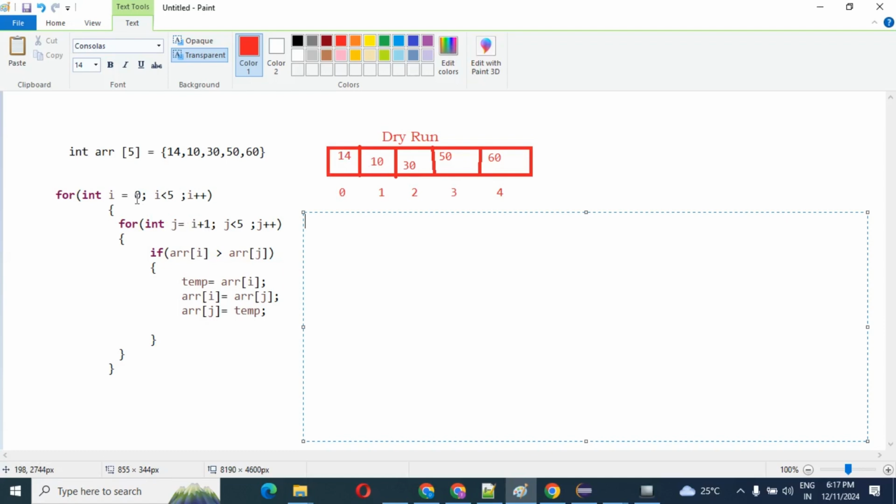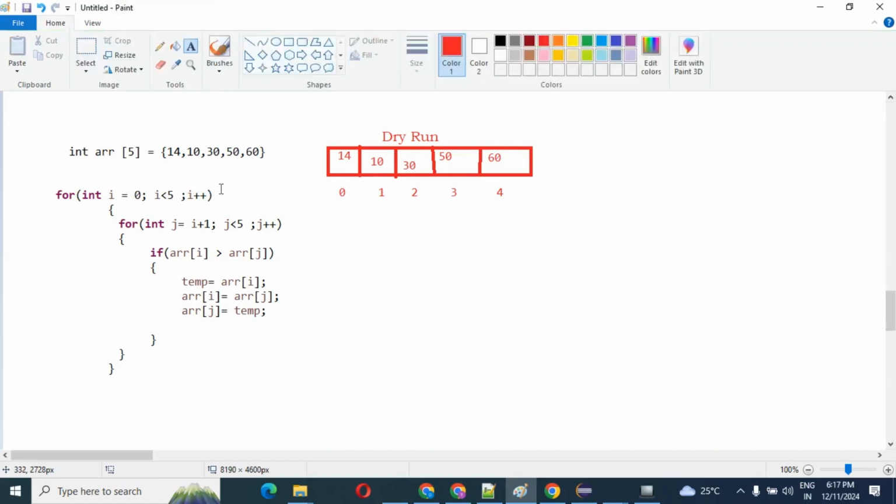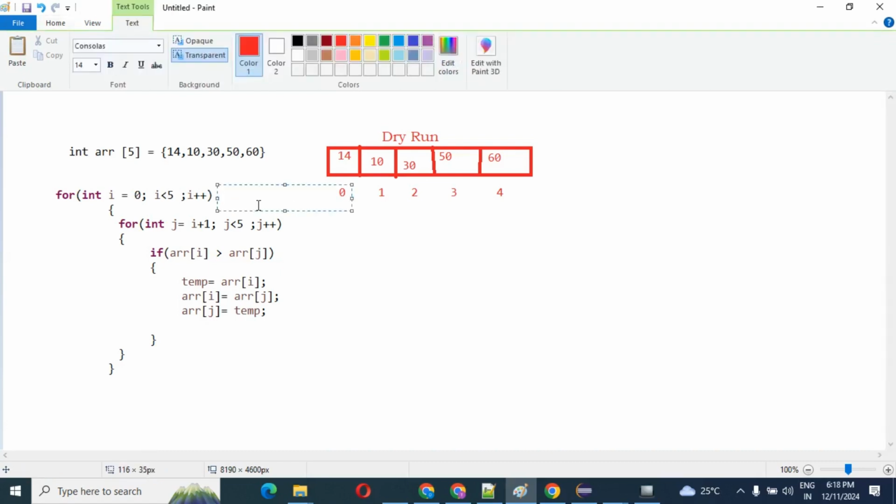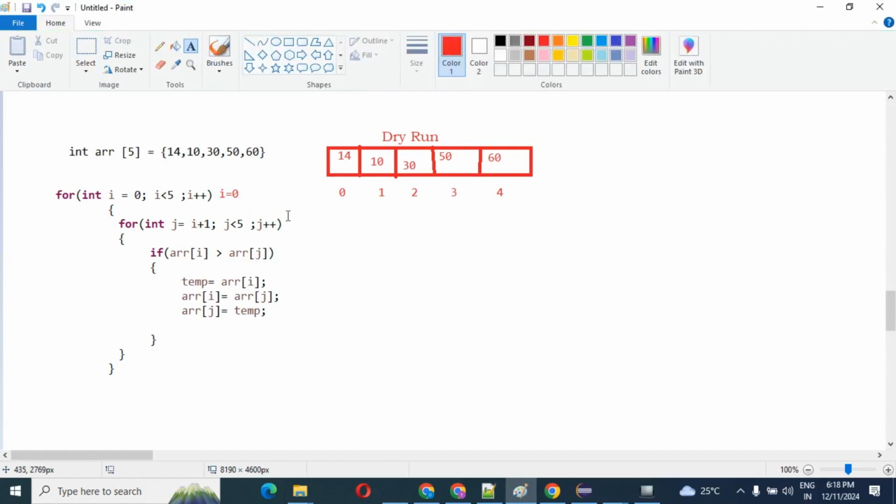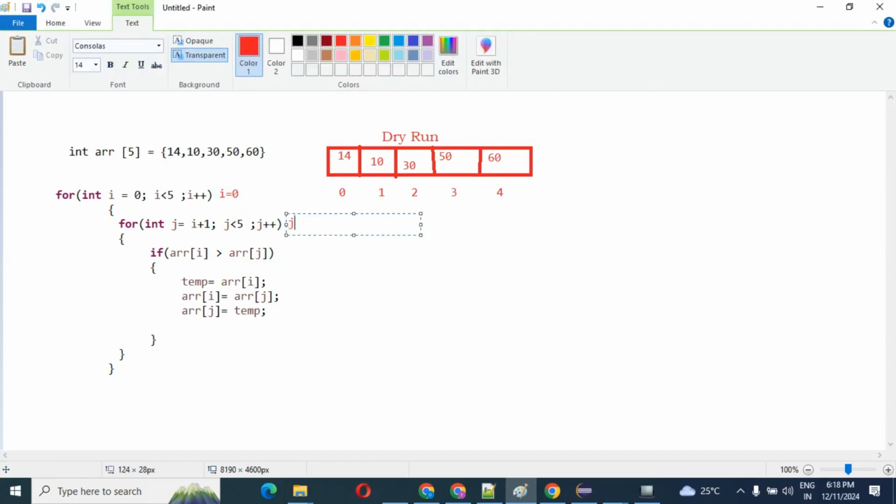So in the first iteration, i equals 0. If i equals 0 in the first step, then j equals 1. Why? Because 0 plus 1 is 1 only. So tell me, is 1 less than 5? Yes. So j plus plus. If j equals 1,